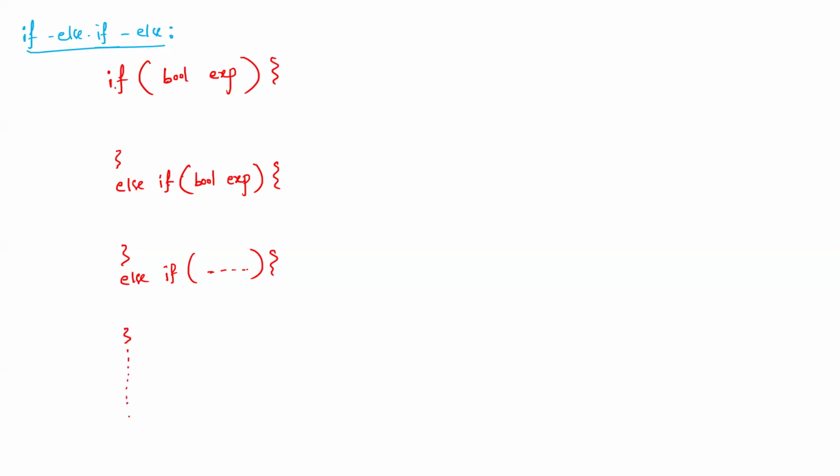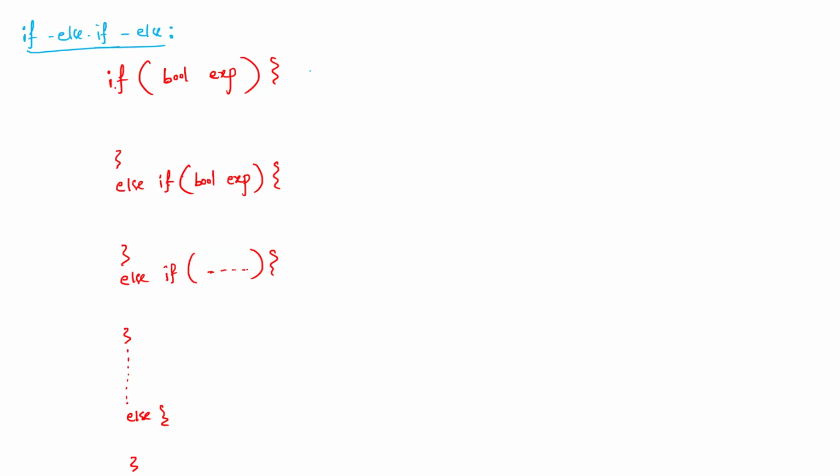Then followed by finally one else. Else will not have a condition and it must be in lowercase letters. So this is the complete syntax of if else in Java. Yeah. So in this, there are some points to be noted. At the same time, to confuse us, they may ask some trickiest way. That is, in one entire series of if, else if, and else conditions, how many if blocks can be written?